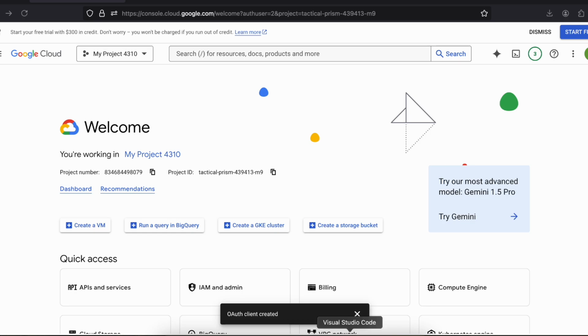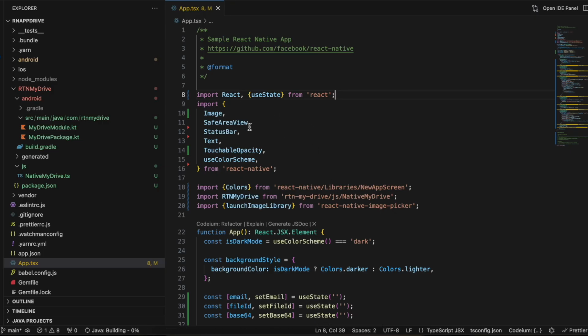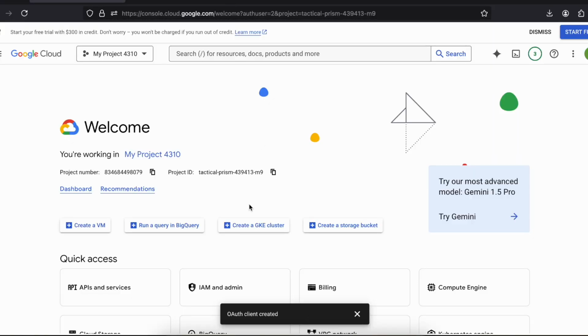So firstly you will have to just create a React Native project. Don't worry about all this code, I will show that code later on. Just create a React Native project. Obviously I will be using the new architecture, and first you will have to go to Google Cloud Console, and